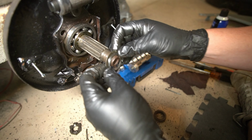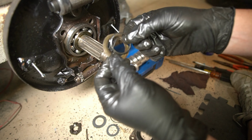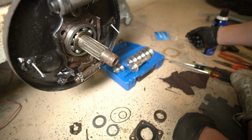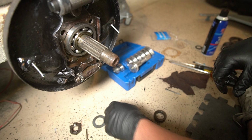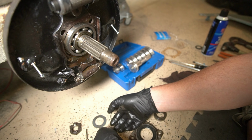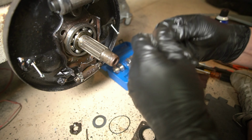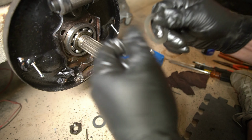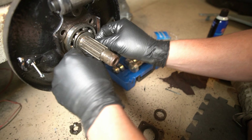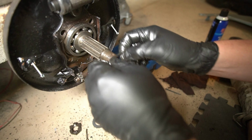And then we've got a little washer and what used to be an O-ring. No longer an O-ring, but that's okay. Trash pile, because we got new stuff. Oh, I can't pick it up because gloves. Alright, let's get that all clean. First the washer. There we go. Then the...